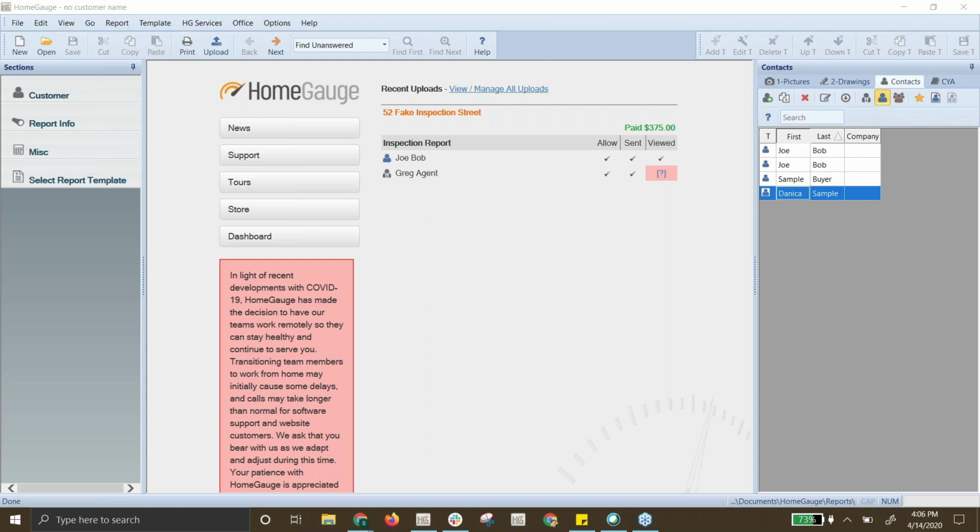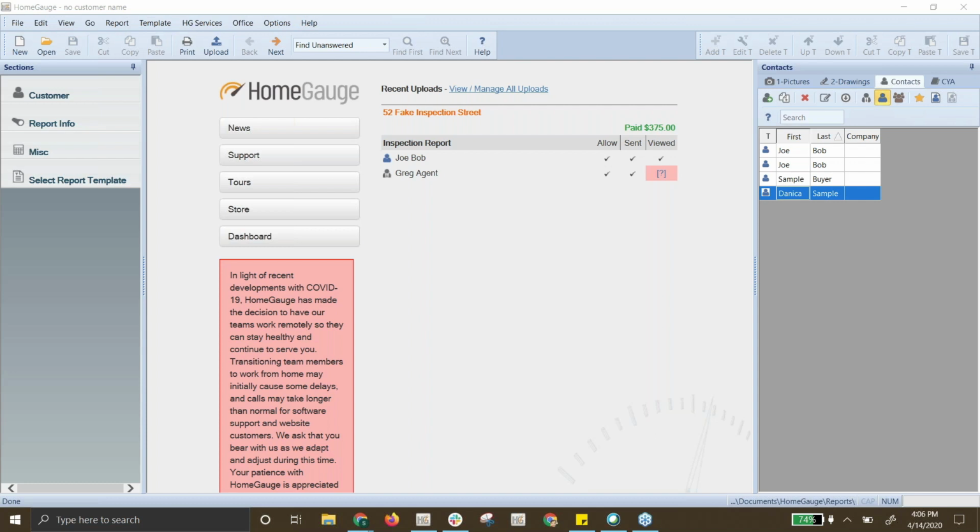So where we start is a report on your computer. I mentioned earlier, this is not likely to take an entire hour, unless you have a lot of questions, and I'm happy to talk for an hour, because it's not too difficult to do this. There's just a couple of steps. If you have a report on your computer that you would like to use, we can use that one. And what we're going to do is take a couple of steps, because obviously we don't want to modify the